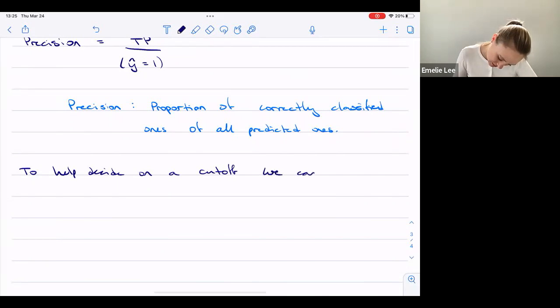We can visualize concerned with mostly, well, it was the recall and the specificity. I scrolled up there, but it's not